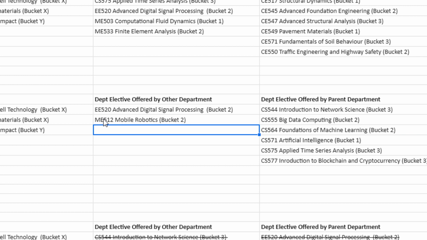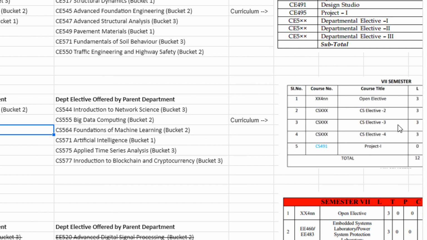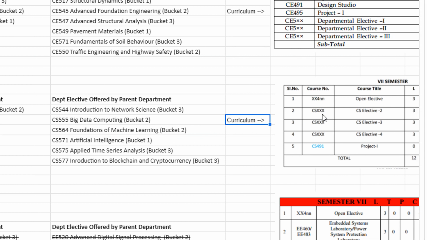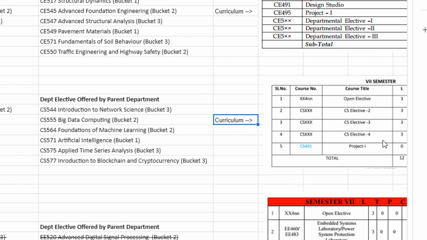Now, how to choose your electives? First and foremost, you come to the right hand side. You can see there is a curriculum written here. On the curriculum, the final year computer science students have one open elective and a total of 3 electives, right? Although numerically it is written 2, 3, 4, if you count, there are 1, 2, and 3. The computer science students in final year BTech have to choose 3 electives.